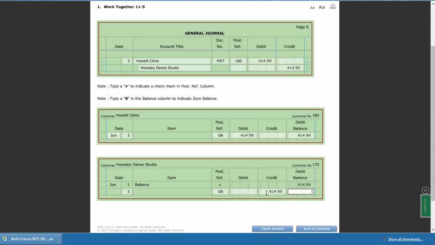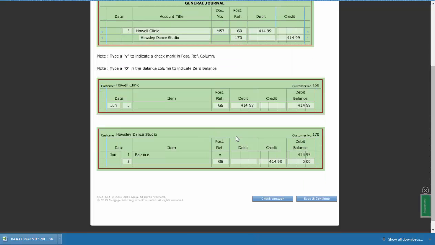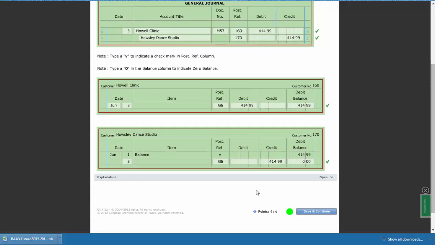And remember, what do we do when there is no balance? 0. That is section 11.5. Do you see why I did them both on the same day? I would like you to try to